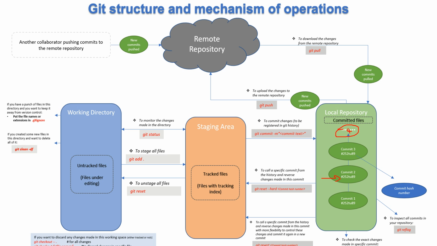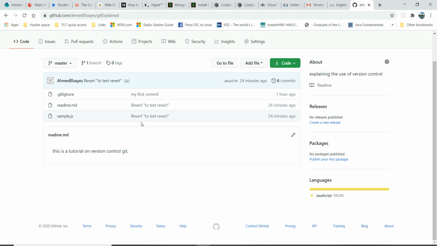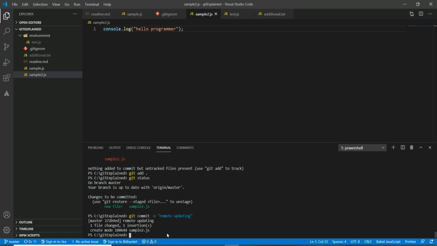You will just use git push to push this new commit to the remote repository, to be here on this website. As you can see here in Visual Studio, it says that you now have one commit that needs to be pushed to your remote repository, because as we said, the remote repository is connected or synced with your local repository. So by using git push,